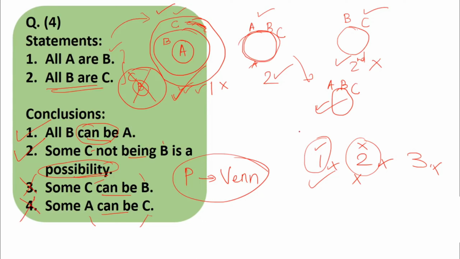We always need one possible situation and one not possible situation. Then only we can say the conclusion is correct. So in this question number 4, we have the first and second conclusions as valid, but the third and fourth are not valid. We will see another sum, so this will become more and more clear. Okay, moving to the next question.